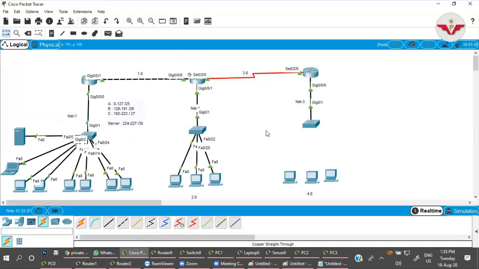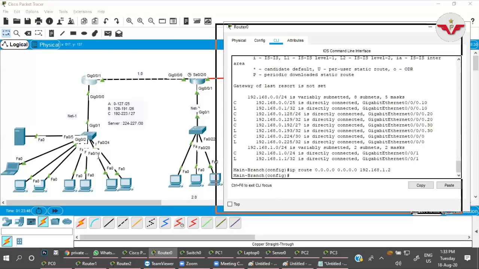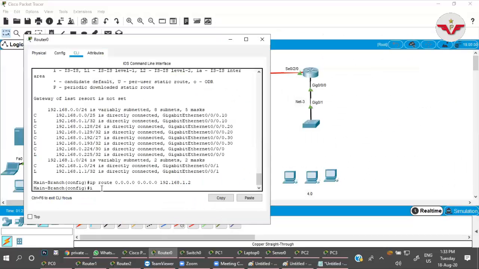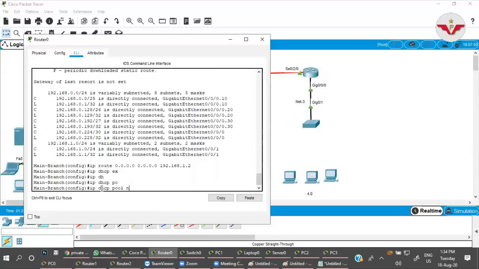All right, now I want this router to act like a DHCP server for this network. Again I will provide the same commands. For IP DHCP excluded address, I'm not going to exclude any IP for that network. I will simply give the pool: IP DHCP pool branch office 2.